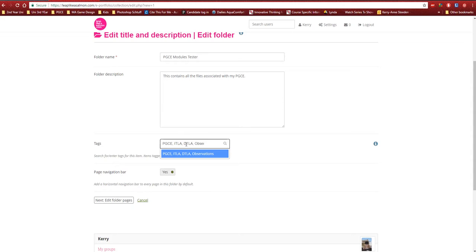So obviously I wouldn't include observations with this one in particular, but I'd save that for the other folder that I was going to create within observations. So I'm just going to leave PGCE in there for now. I am going to include a page navigation bar because when we get so many pages within this folder, it's easier to see which ones you want to look at rather than use the previous and next tabs across the top. So I'm going to click Edit Folder Pages,